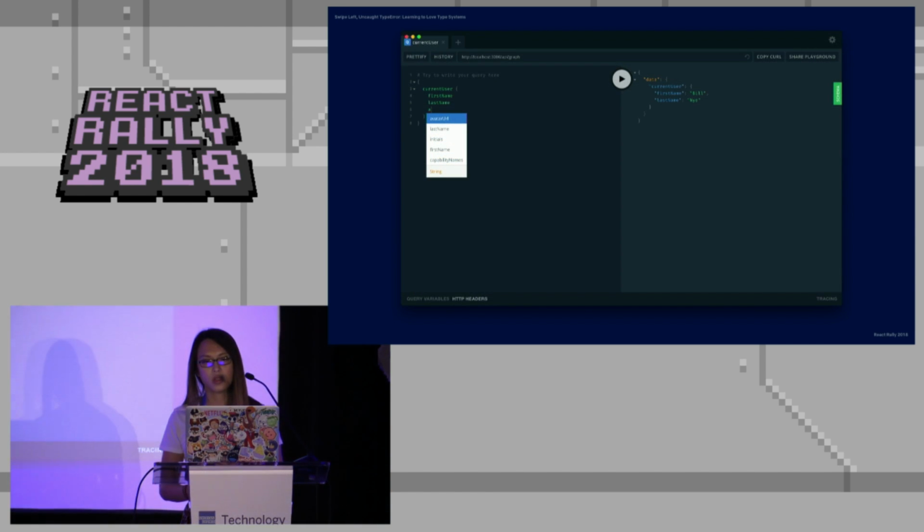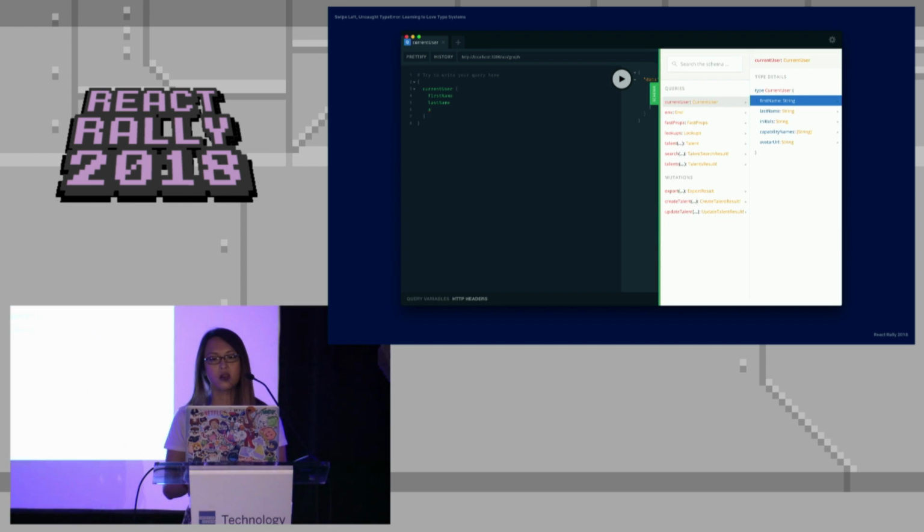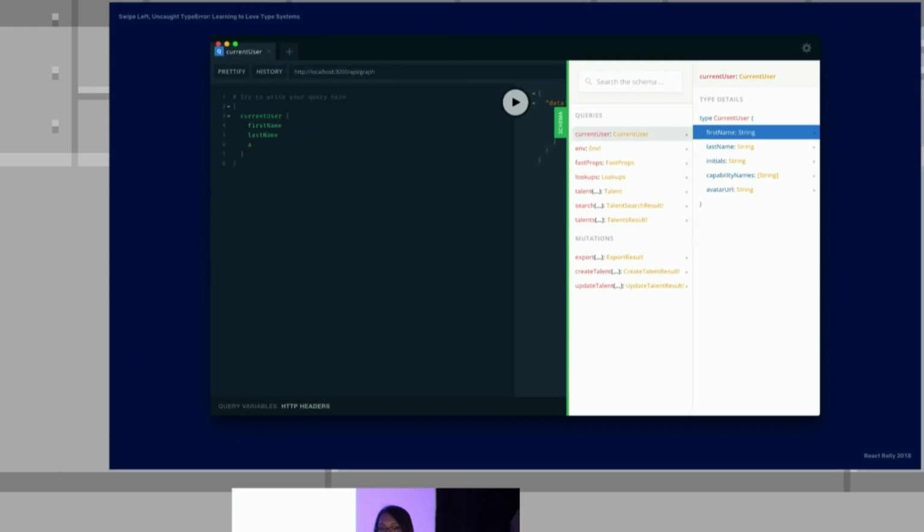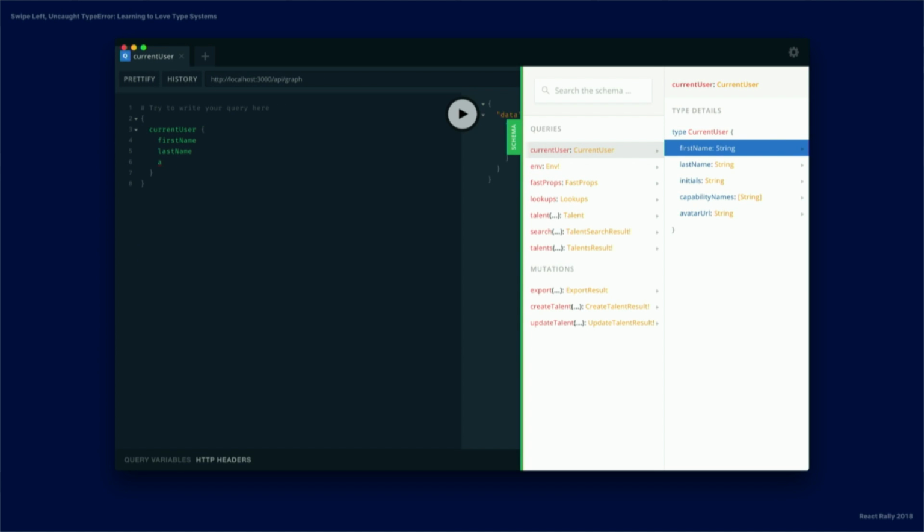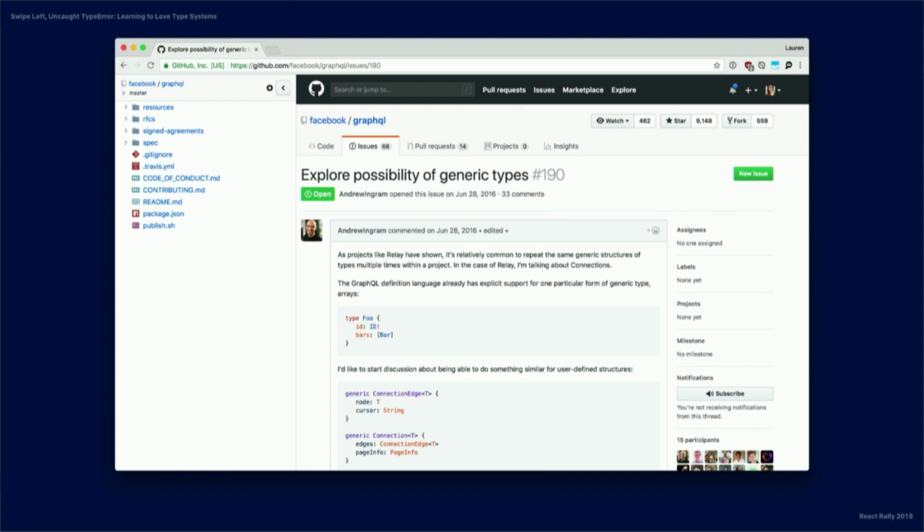The really nice thing about this is that you get a lot of the same developer ergonomics as you would in TypeScript, Flow, Reason, or any other type language. And the only difference here is that the type system is now communicating to you over the wire. And being able to drill down into the schema as you're developing is a really great developer experience. And again, because it has a type system, advanced tools such as these can be built on top of them. The GraphQL type system is still evolving, and there's so much potential in where it could go. So just imagine a future for a moment where you have a distributed type system with type safety, when you as a UI engineer work with your API or even multiple microservices.